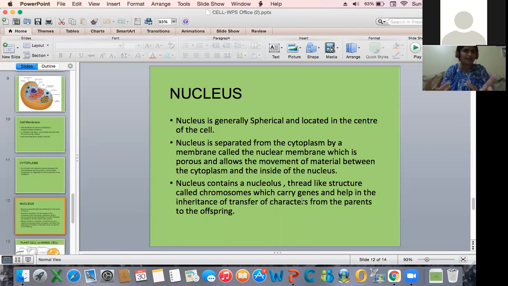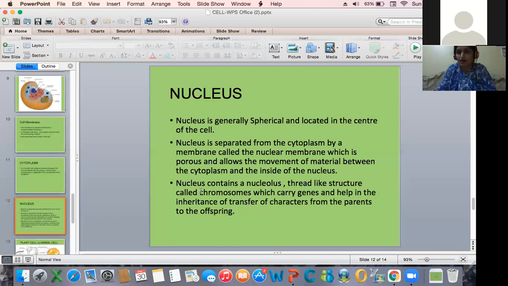If the father is a very good runner, the son also will be a very good runner. An actor's son will be a very good actor. Why is this so? Have you thought about this? This is all because of the genes. The genes are responsible for the transfer of characters from the parents to the offspring. These genes are found on the chromosomes, and chromosomes look like long thread-like structures which are present inside the nucleus.